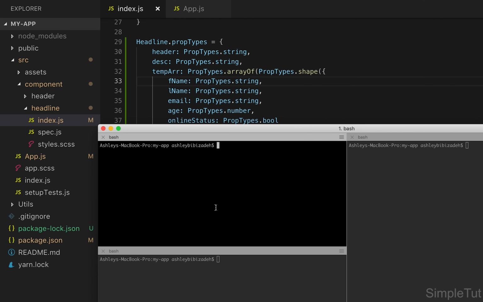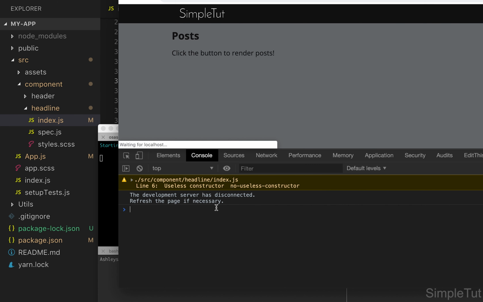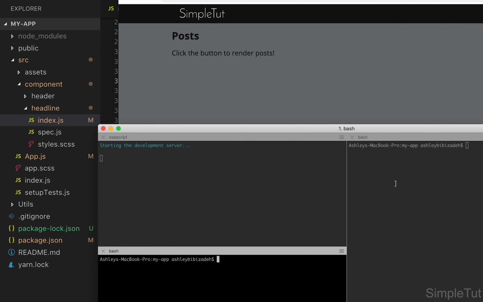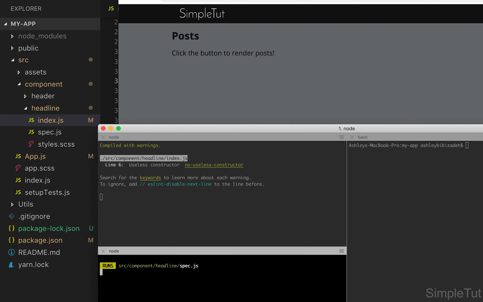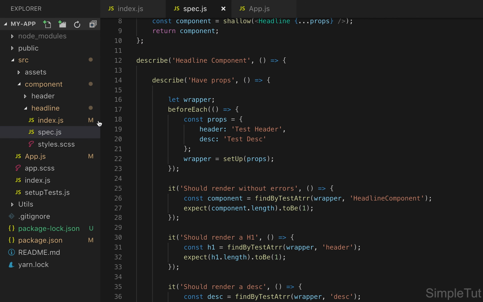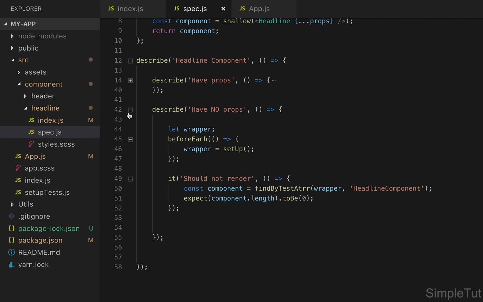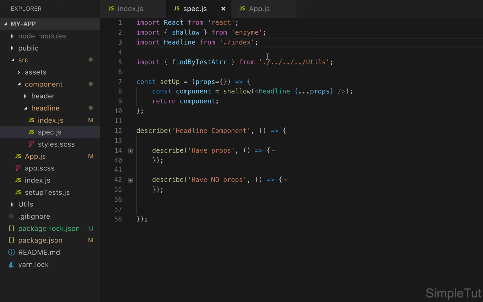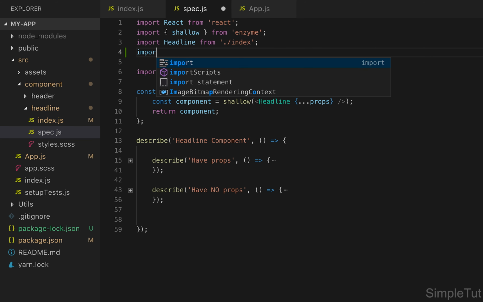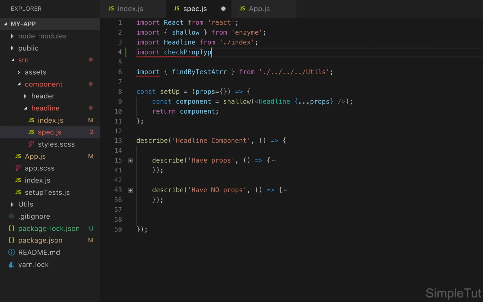Now that we have installed check-prop-types, we're ready to write our tests. Before we do that, I'm going to use the yarn start command to reboot our application. I'm also going to run our test script. So over here, I'm going to write yarn run test, and that's going to immediately start watching our test files. So let's open up our spec file for our headline component. This is where we have all of our tests for this component. At the top of the file, I need to import our check-prop-types library. So I'm going to import checkPropTypes from check-prop-types,